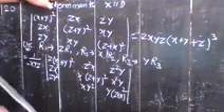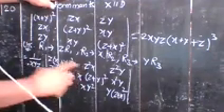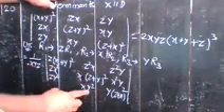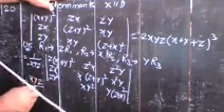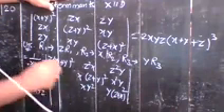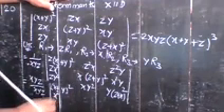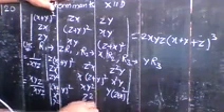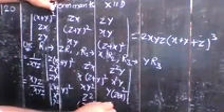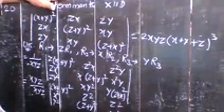Now here you can take z common from the first column, x common from the second column, and y common from the third column. So you take it out. Here you have xyz upon xyz, and it is equal to: (x plus y) whole square, x square, y square in the first column; z square, (z plus y) whole square, y square in the second column; and z square, x square, and (z plus x) whole square in the third column.